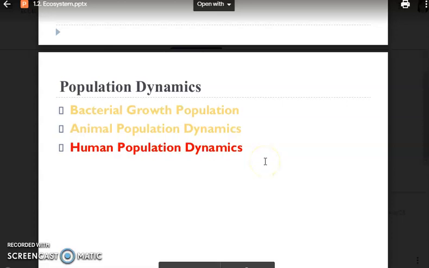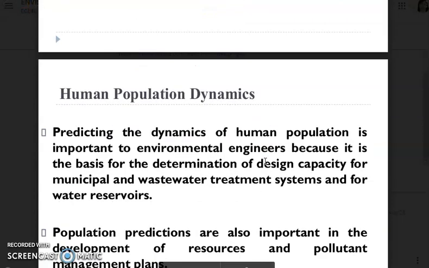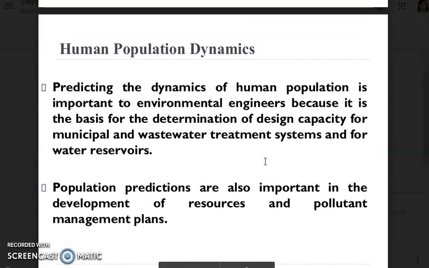Okay, now let's proceed with human population dynamics. As engineers or scientists, it is important for us to predict the population of humans. This is concerned in terms of food capacity. This is also in terms of the natural resources that we have. In this first paragraph, the prediction of dynamics of human population is concerned in determining the capacity for municipal and